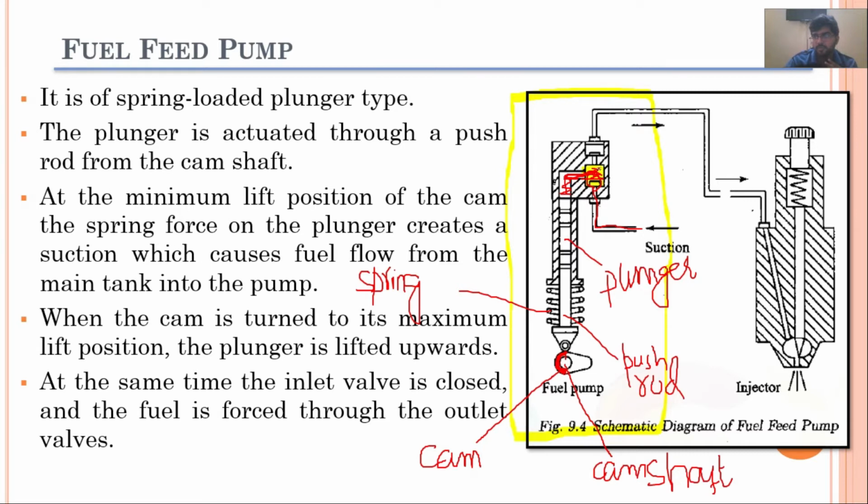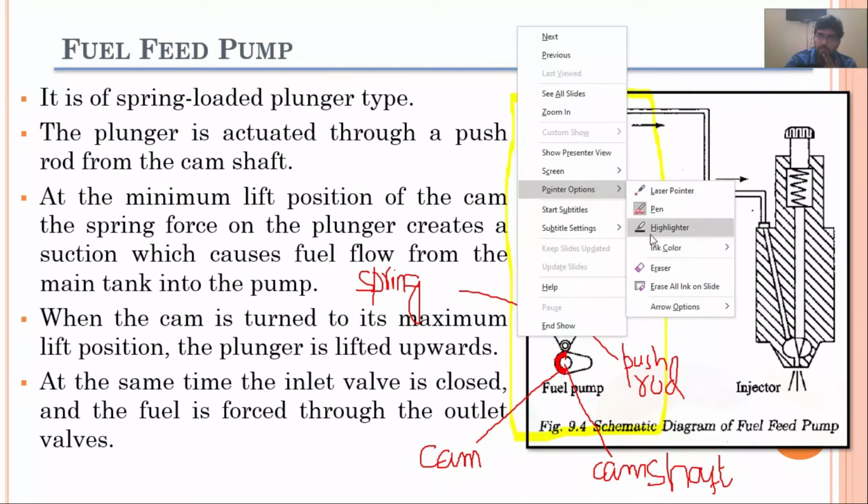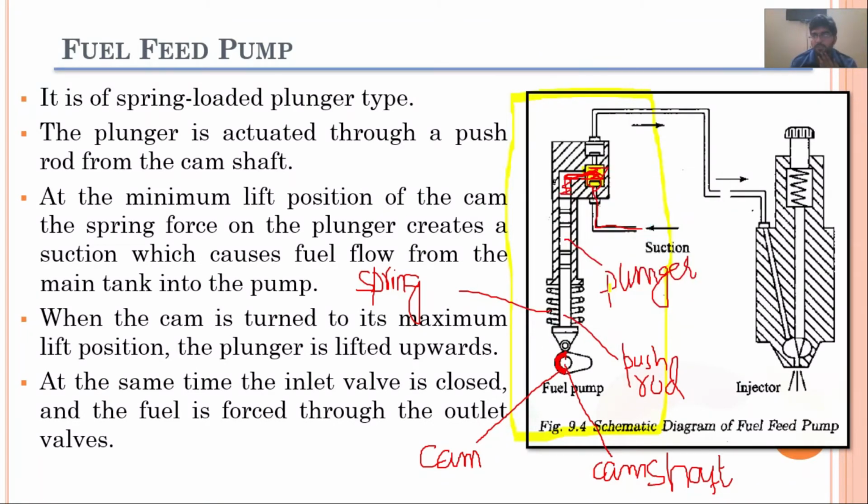Okay, this has occurred when the push rod and the plunger are at the minimum lift position, or when this section of the camshaft is in contact with the push rod. The suction is occurring at this point. So when this section of the camshaft has now come in contact with the push rod,